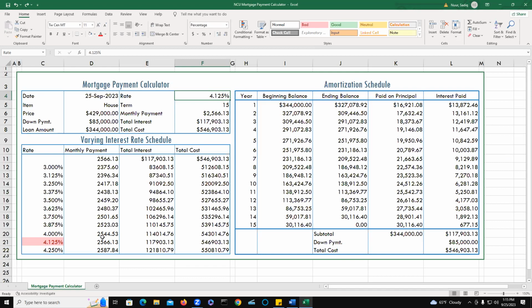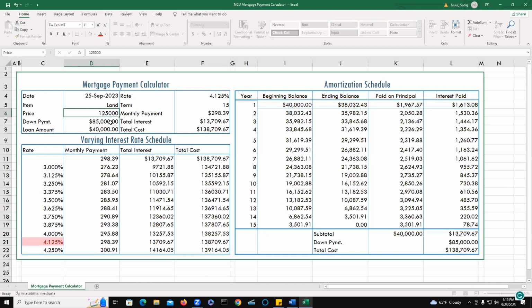Now the thing is that if you want to enter new loan data, for example, if you want to buy land instead of a house, type the item. It is $125,000 worth of land, and then 30,000 is the down payment,